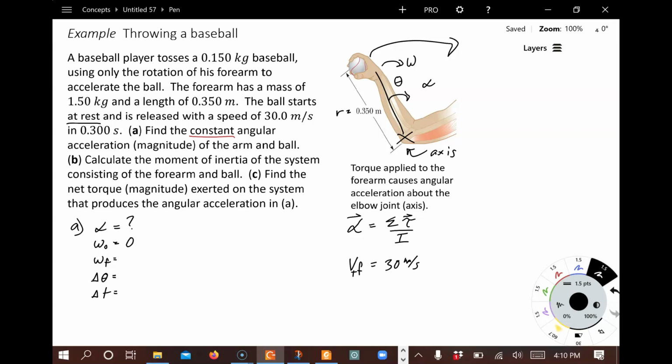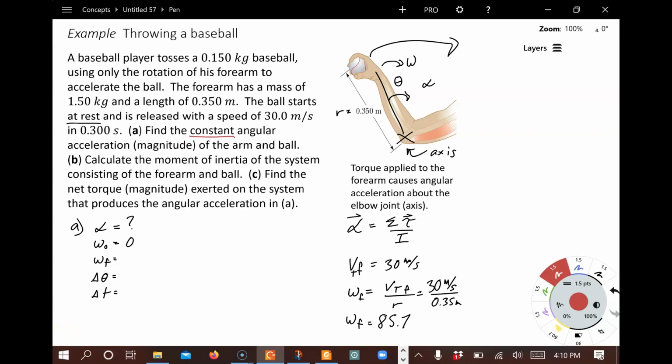To solve for the angular quantity, we take the tangential quantity and divide by the radius. In this case, 30 meters per second divided by 0.35 meters. And this is going to give us our final angular velocity, which is